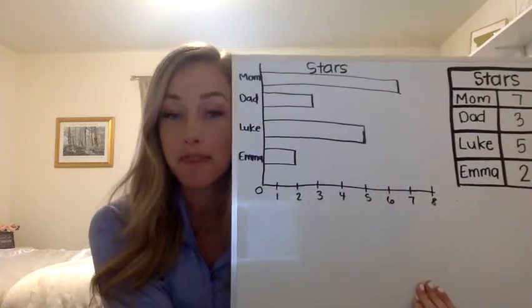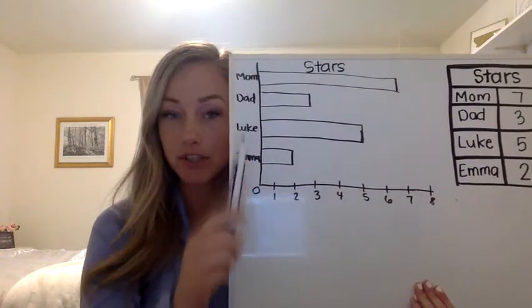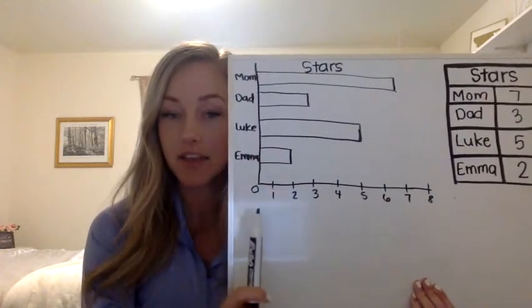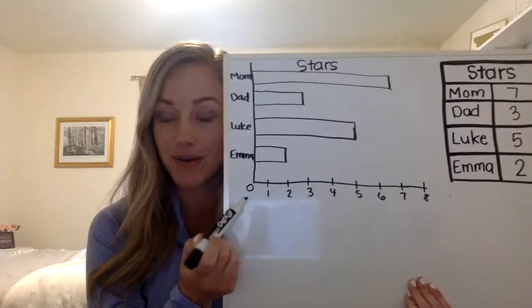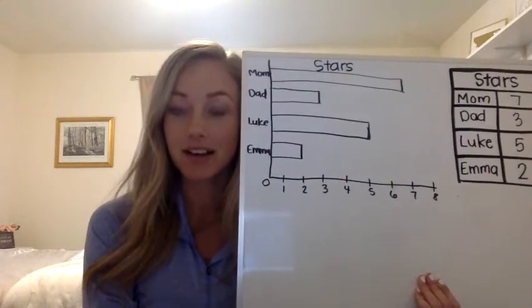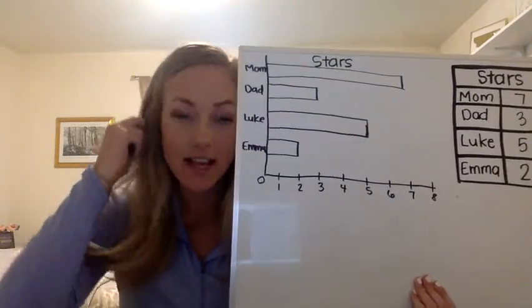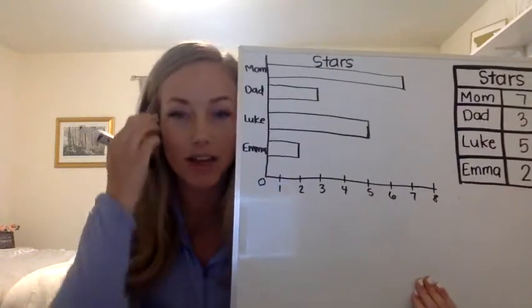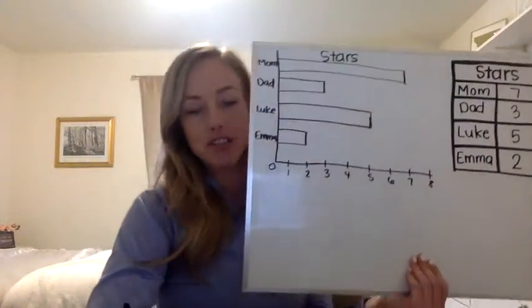So the things that you have to remember is that you have a title, you have your labels or your categories, and then you have your numbers, and that they always start with 0. Okay, now the tricky part is when it starts asking questions, like 2-step questions about it, okay? So maybe it gives you a question like,